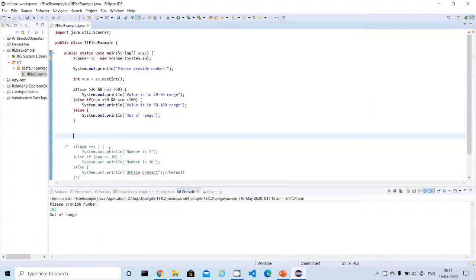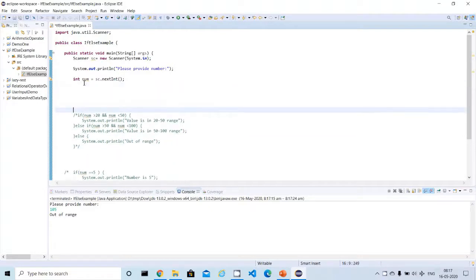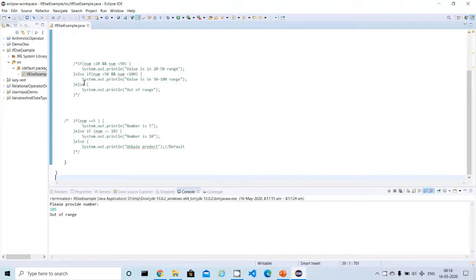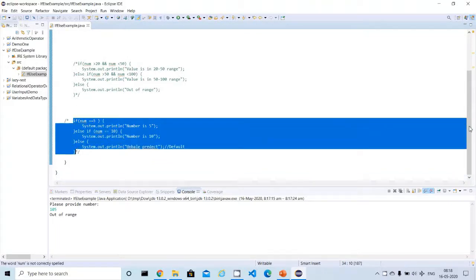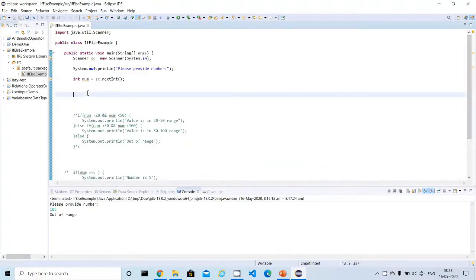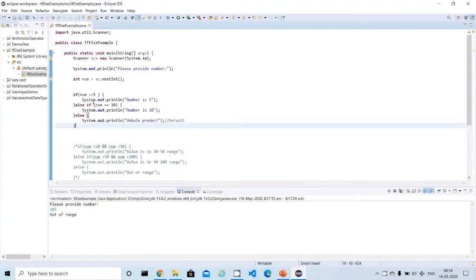And previously we saw the equal to operator. Now I'm going to show you another use case. Yeah, I just commented it out. So let me write another example. As part of this example I'm going to use logical not. So as part of the previous example I will just take this one so that we no need to retype again. Yes, so I'm going to take this example.